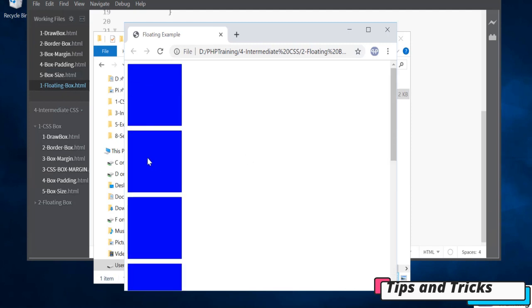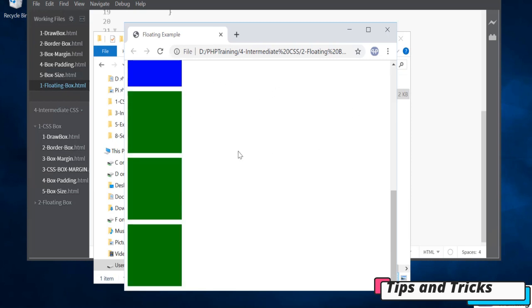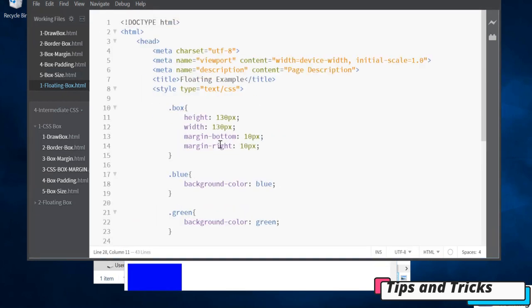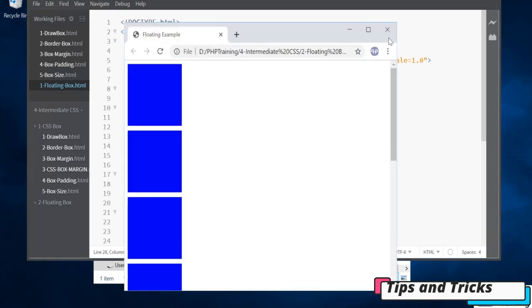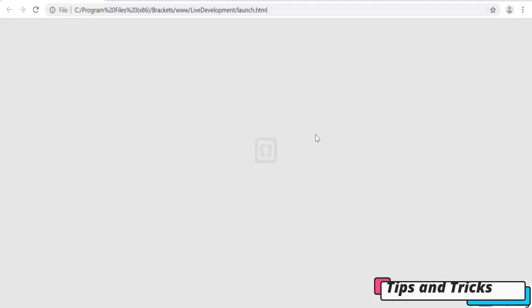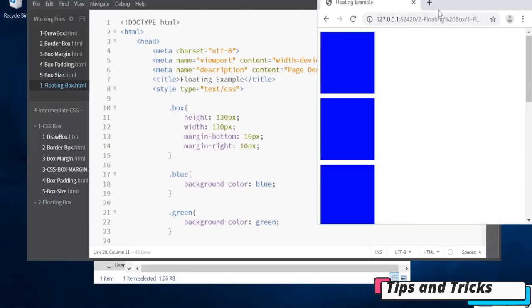Now what I want to do is float the boxes in line, which means side by side. Okay, now you see you have no control on the boxes, right? You cannot move the boxes around. Let's try to move these boxes around. How can you move these boxes around? Let's do a live preview of this so we know as we are doing it. All right, so let's float the blue boxes one after the other. So for that